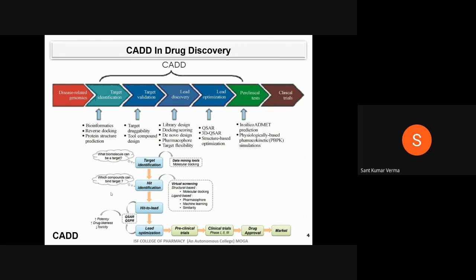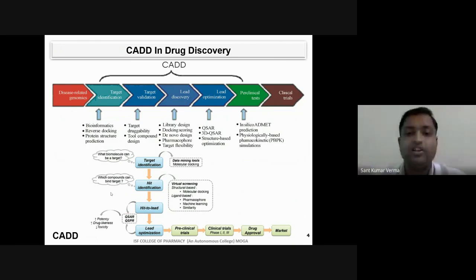De novo designing of a novel molecule within the cavity, within the active pocket of the macromolecule, is the de novo drug design approach. Pharmacophore: we can map the pharmacophoric features. We can identify the optimum pharmacophore on the basis of QSAR, on the basis of CADD tools. We can map the core, size of core, and optimum features of the molecule, like steric feature, hydrogen bond donor feature, hydrogen bond acceptor feature, electrostatic feature, that are optimum for a particular activity.